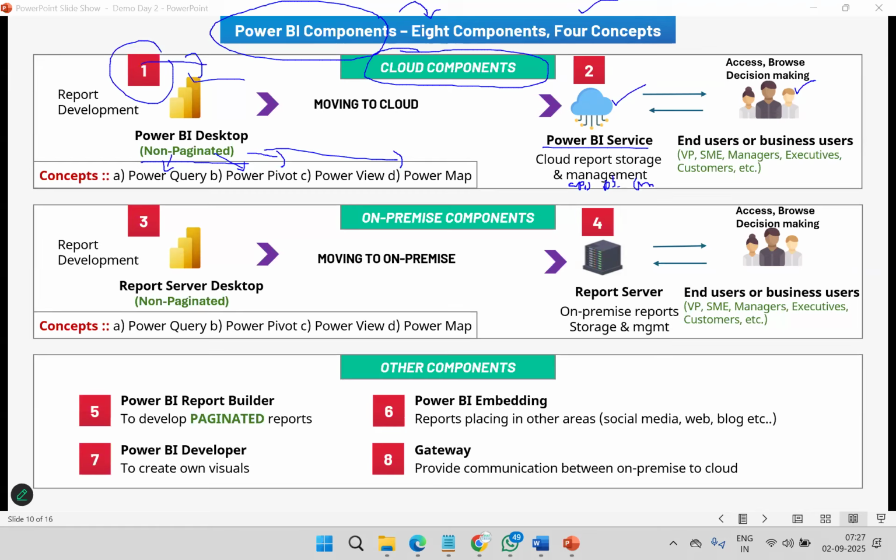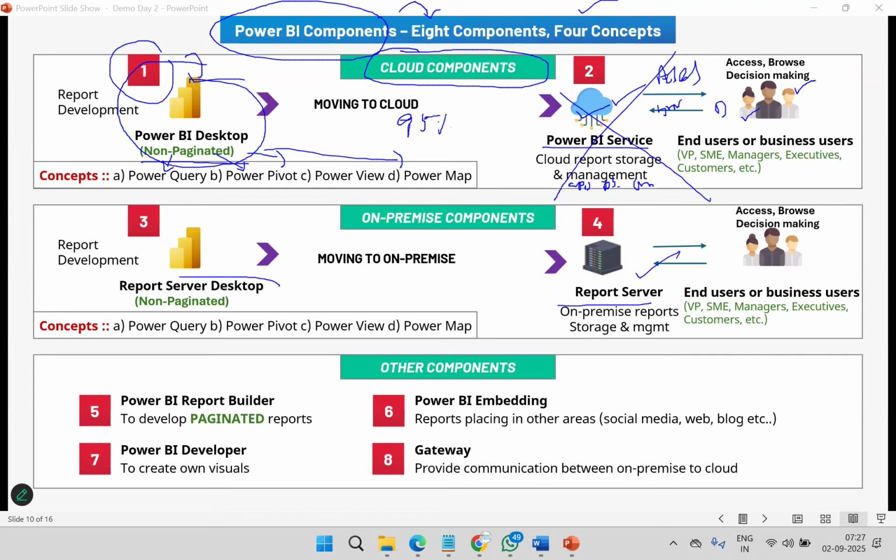We will develop the report here by implementing these concepts, and the report we move to the cloud and manage it so that customers will connect to this, access it, browse it, and take decisions. 95% of people work like this in real time. Remember, 95%. But some companies ask candidates, do you have experience in on-premises? We're not interested in the cloud. Yes, this is on-premises, the report server.